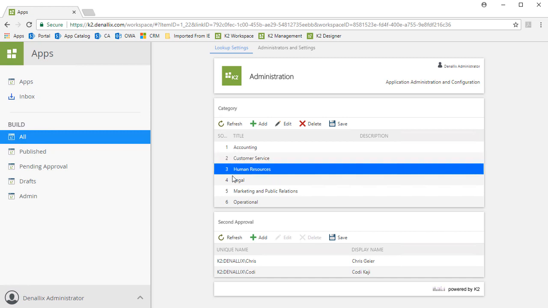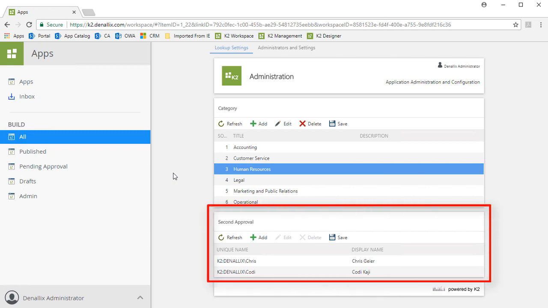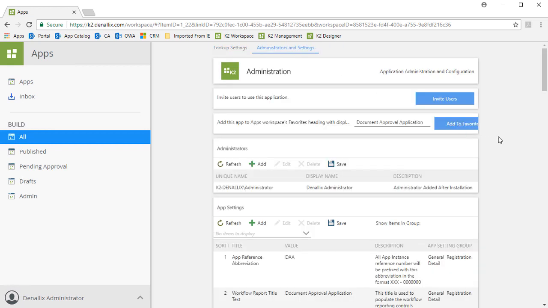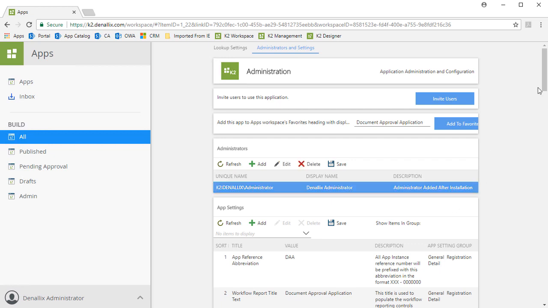Also, because we chose to designate specific approvers for the second level approval for the application, K2 created a list for managing members of that approval level. Moving back up to the top of the page, notice there is also a link to go down into an area meant to manage administrators and other settings for the application. You can add other coworkers to the administrators list if necessary, and edit various other settings for the application like